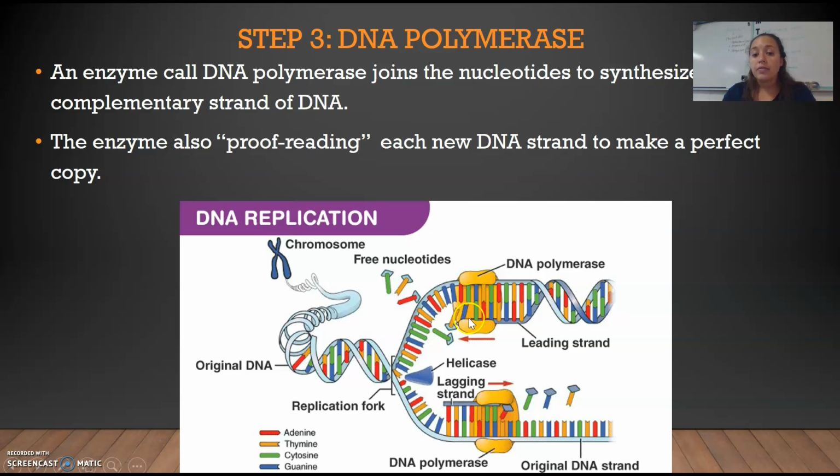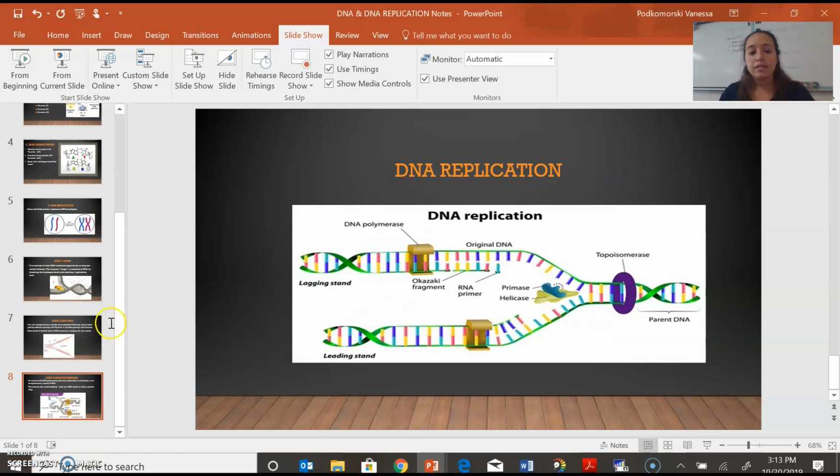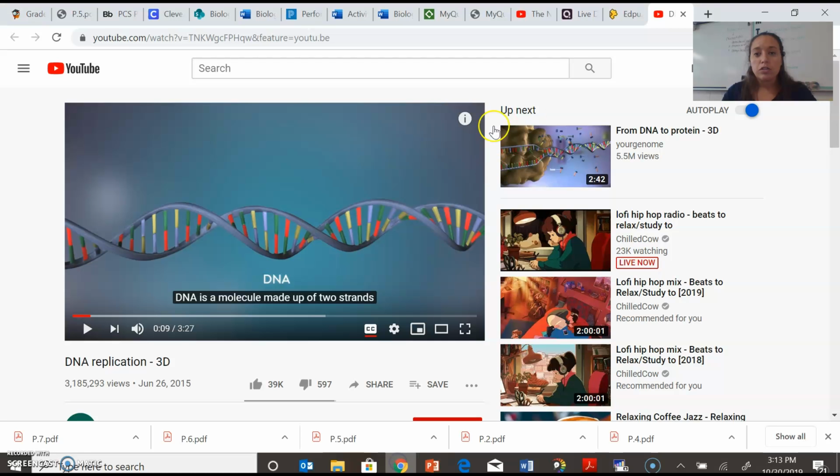Guanine, we need a cytosine, and it'll read it and then create the complementary strand so that you have that new DNA. So you have one being made down here and one being made down here essentially. So there's your fork, and then you'll have that going on. The enzyme also will proofread each new DNA strand to make sure it's a perfect copy. That's it for the guided notes portion, but we're not done yet. We're actually going to watch a quick